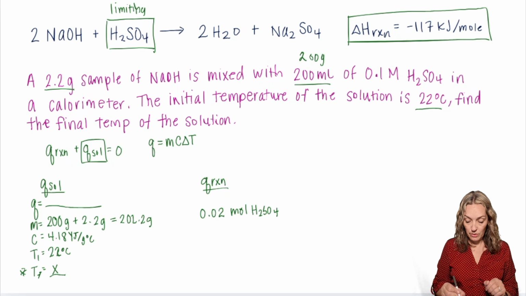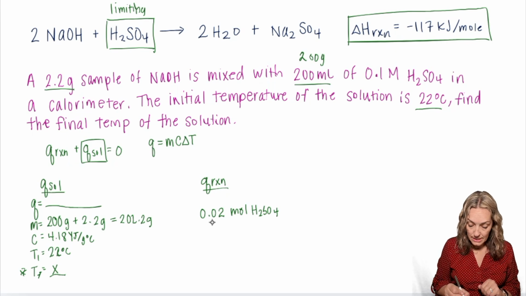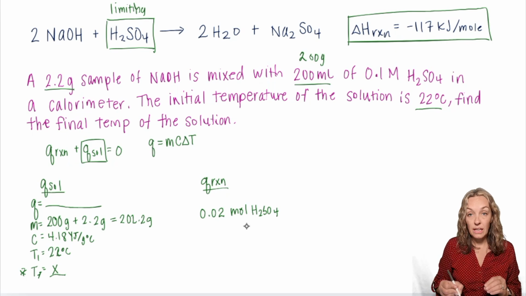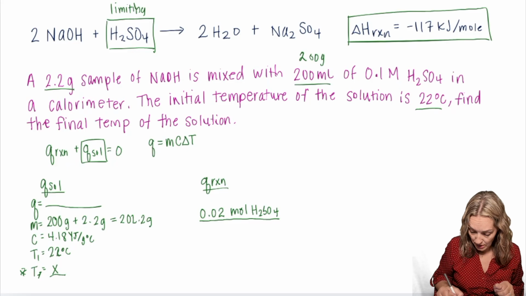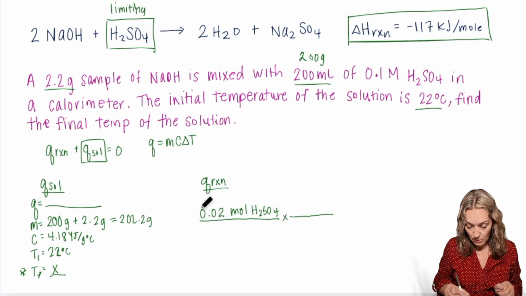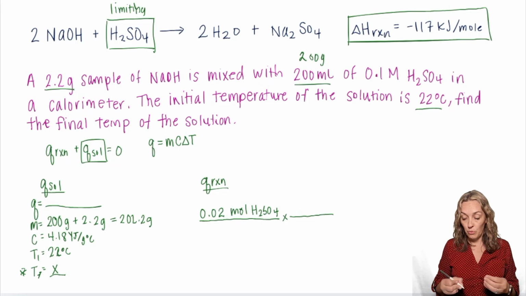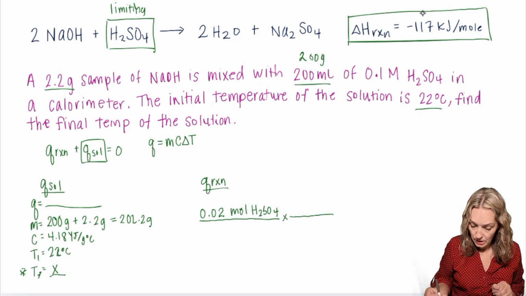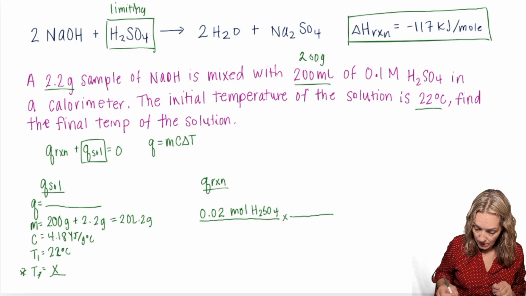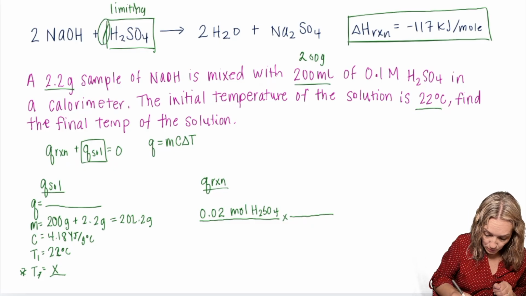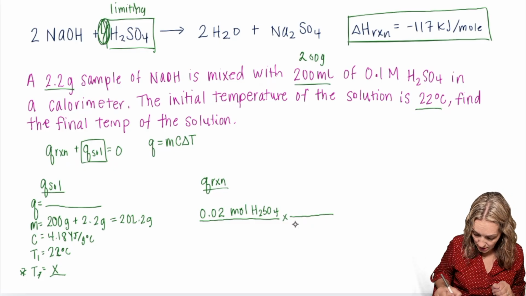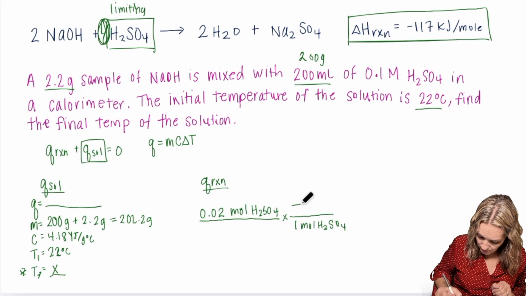I can find the Q of the reaction because I know that I started with 0.02 moles of H2SO4, and that was my limiting reactant. If that's the amount that I put into the calorimeter, then I can figure out how much energy that 0.02 moles would release. According to my equation here, I know that for every 1 mole, according to my balanced equation, of H2SO4, I am going to release